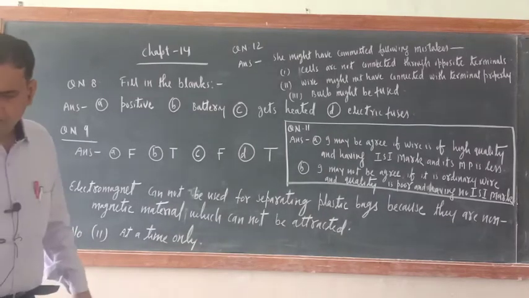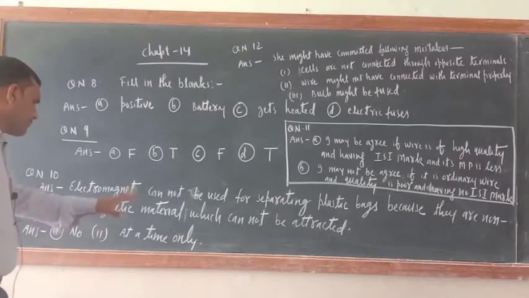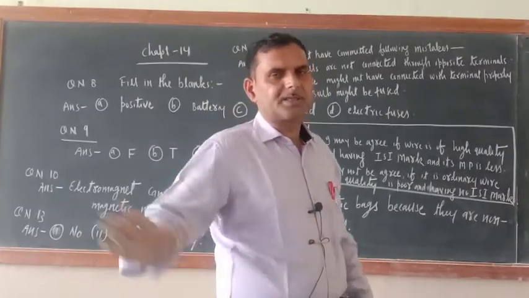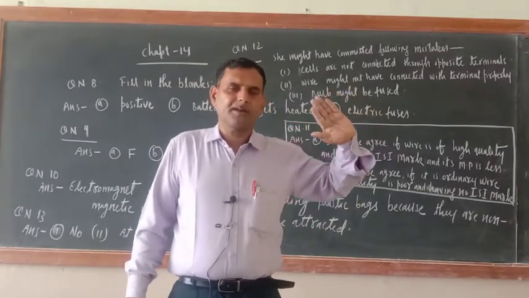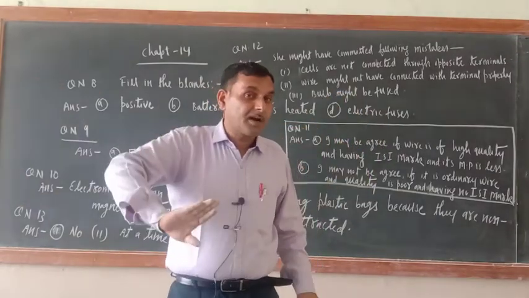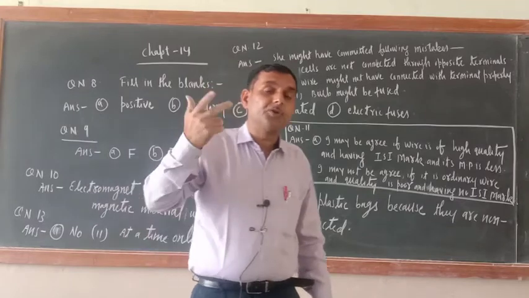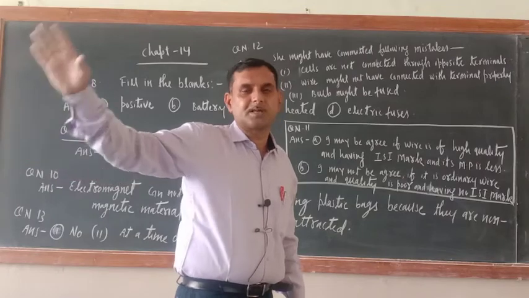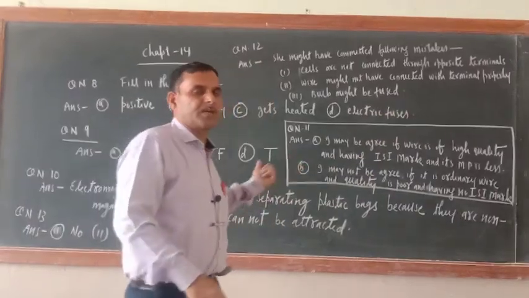The second one is, what will be the order in which bulbs A, B, C will glow when the switch is moved to the on position? At a time only. All bulbs will glow at a time only. Correct or not? Just see, sometimes in your neighborhood, when there is a power cut, and when power comes, at a time only all houses' bulbs or tube lights glow. There is no sequence that first one home's bulb will glow, then the second home, then the third home. At a time only. So the same thing is here also.